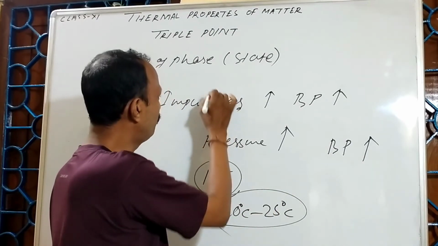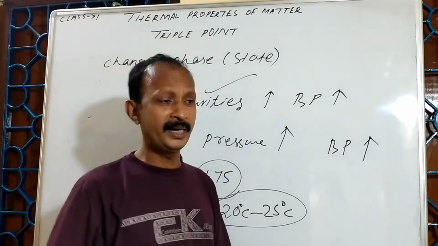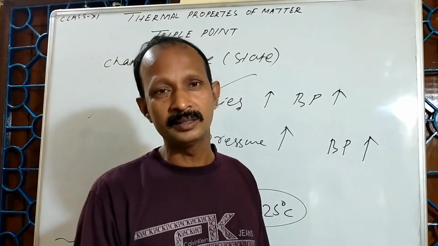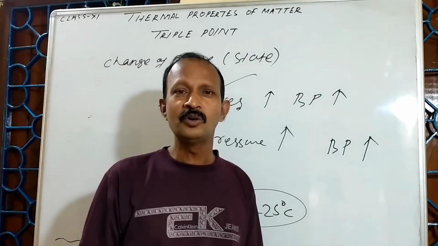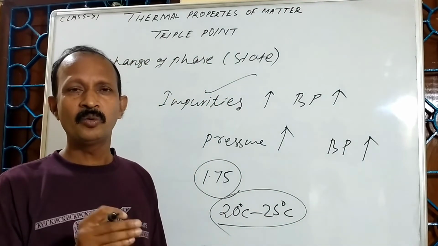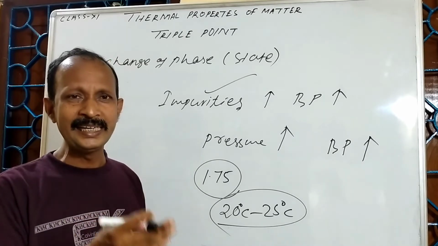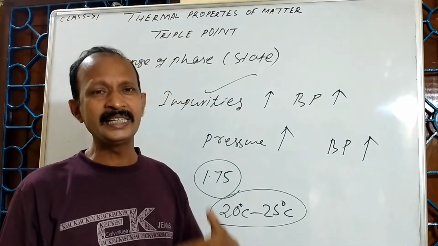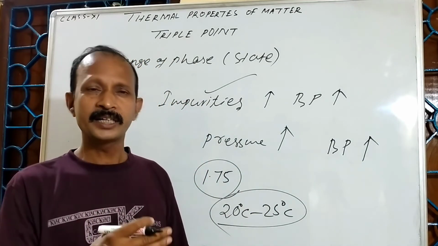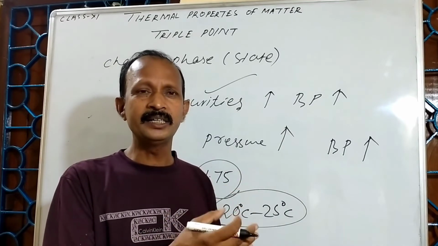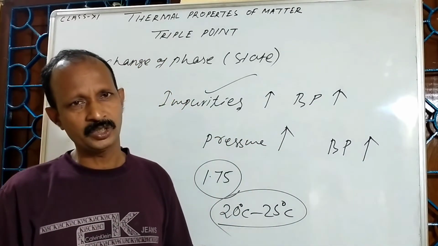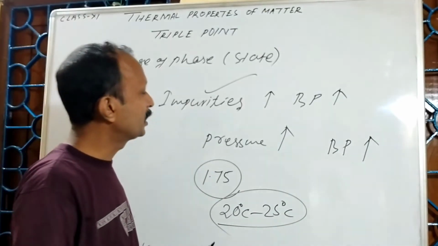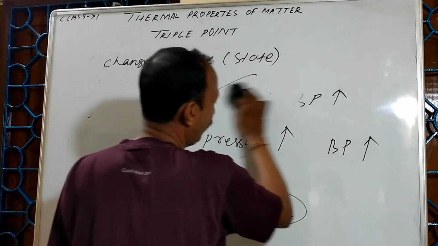And so far as impurity is concerned, sometimes you might have observed, you might have listened that your mother adds some salt for boiling the vegetables. What is the reason? The reason is that when you are adding the salt, that means we are increasing the impurities level. As a result, its boiling point is increasing. Instead of getting temperature 100 degrees, it is getting more than 100 degrees Celsius temperature. So I can say that pressure and impurities can affect the boiling point.